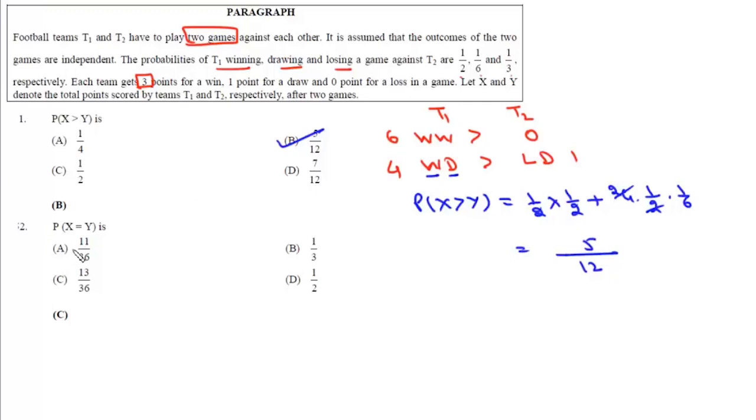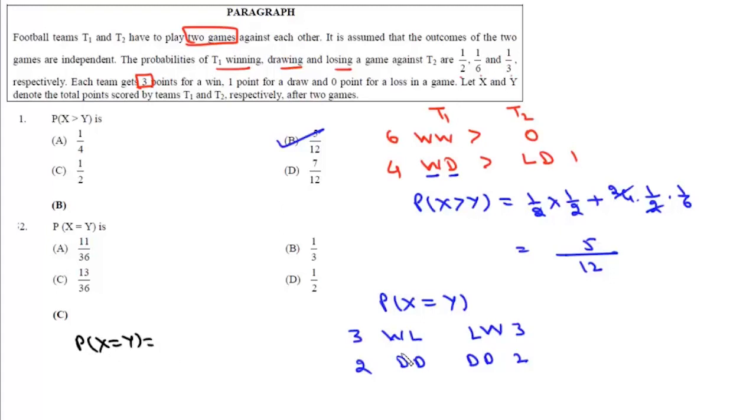Now we have the second case, when the value of X is equal to the value of Y. Again for this we have 2 cases. Either it will be win-lose, lose-win, or it will be both draws. In this case it will be 3-3 and here it will be 2-2. Now if we have to calculate this probability when the value of X is equal to Y, that will be